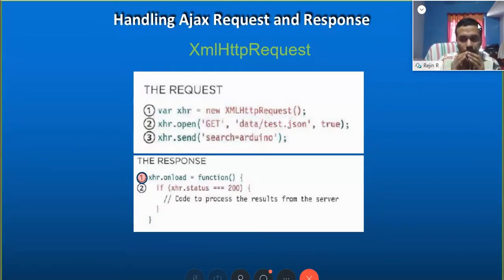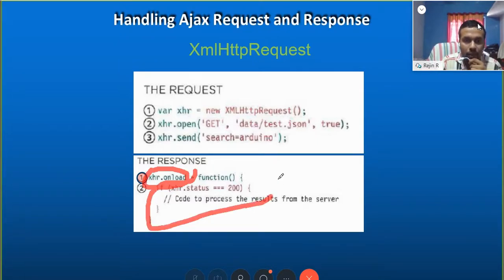What we are doing here is making sure that whenever the response for that request comes back, this particular function triggers. We are specifying that whenever that data is loaded, trigger this function. This is the event model which we discussed in the previous class. So that's what happens.